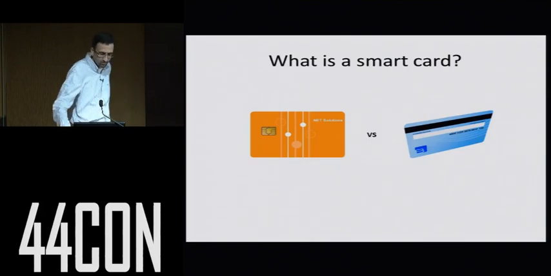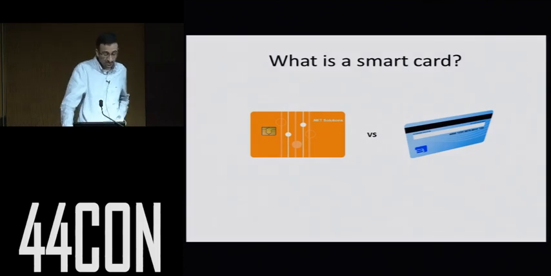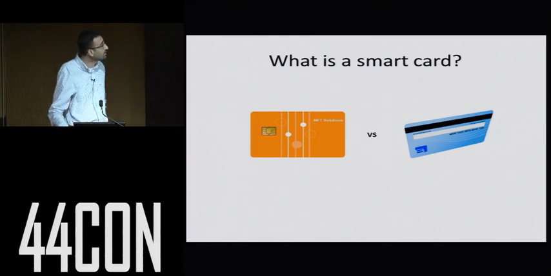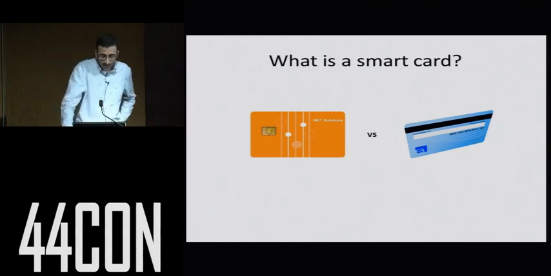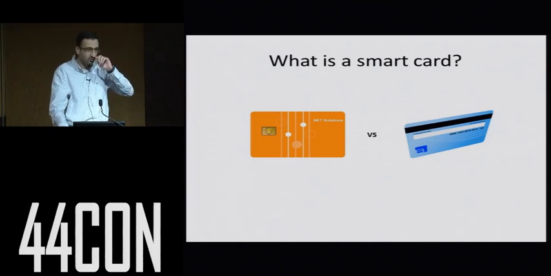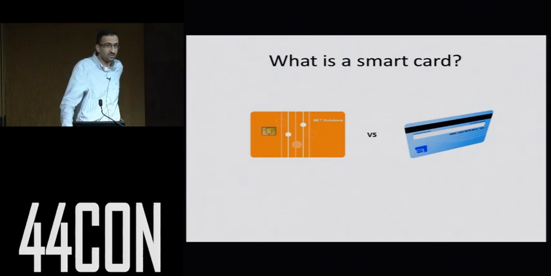First, let's see what a smart card is and what makes it different from magnetic cards. You probably have lots of them. First of all, they embed a microchip inside that plastic body. And the second important property of these cards is the tamper resistance of the chip. It means that the chip is designed in such a way to resist different types of